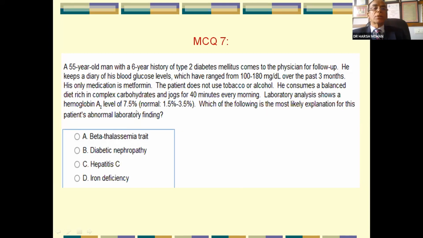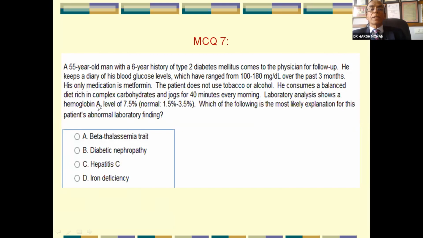Lab analysis shows hemoglobin A2. This is where the complexity lies, because a learner generally jumps to the possibility of diabetic nephropathy in this case, while the diabetes in this patient is so well controlled: he jogs, he takes a complex carbohydrate diet, which is a balanced diet. His blood sugar level is also pretty good. All things are good. But just because there's a history of diabetes mellitus for 6 years, the learner is stimulated to jump to diabetic nephropathy without looking at it that this is